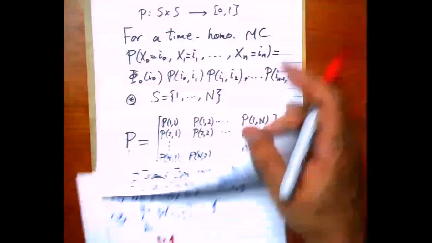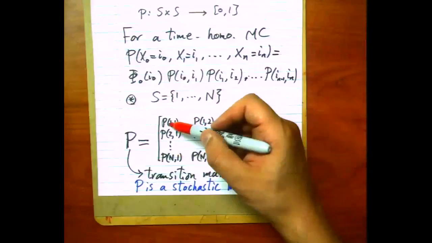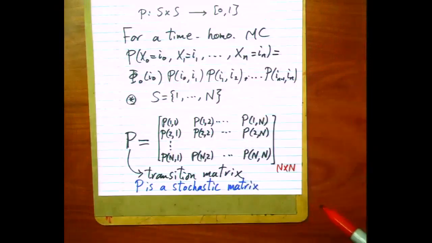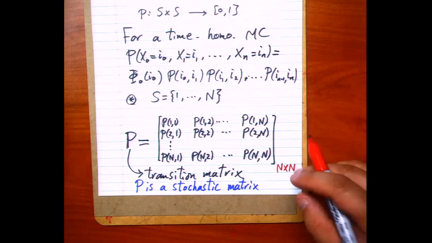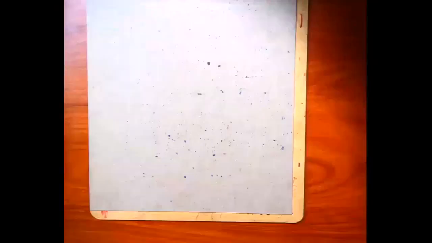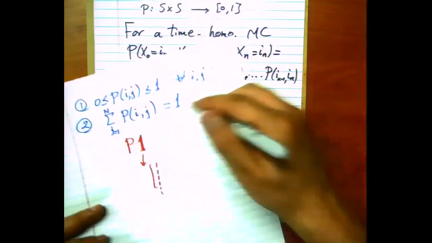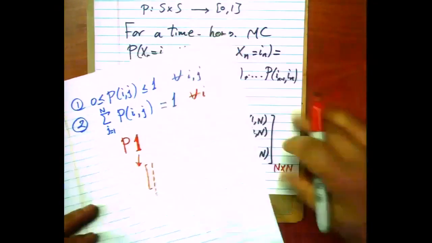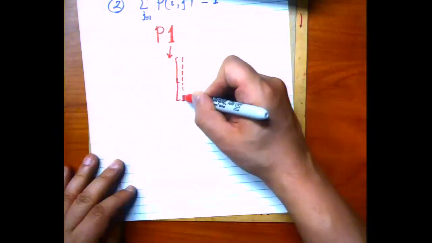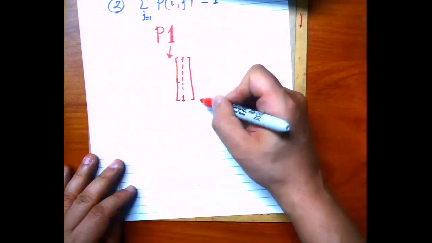Yes, this is the row, and this is the column. So you fix a row, you just add up the entries of the row over columns. And what did I write down? Yes, here for all i. So this is the vector of all ones, and it's given by n rows by one column.